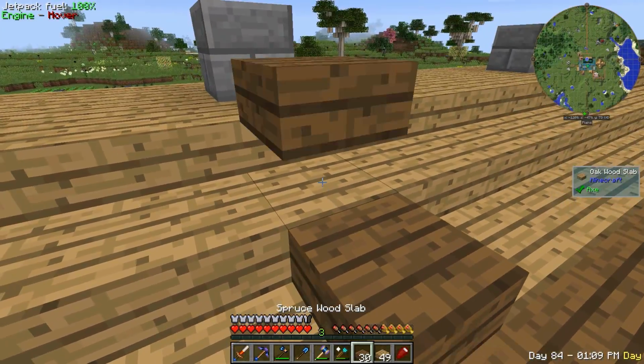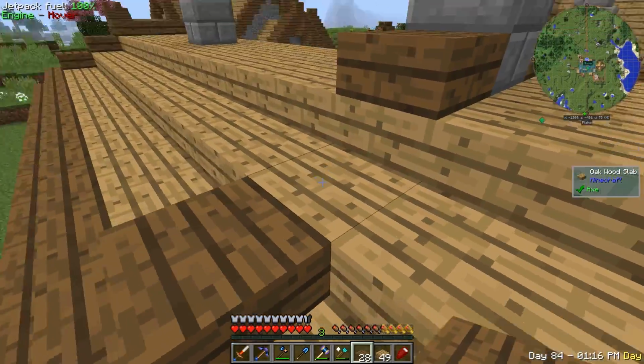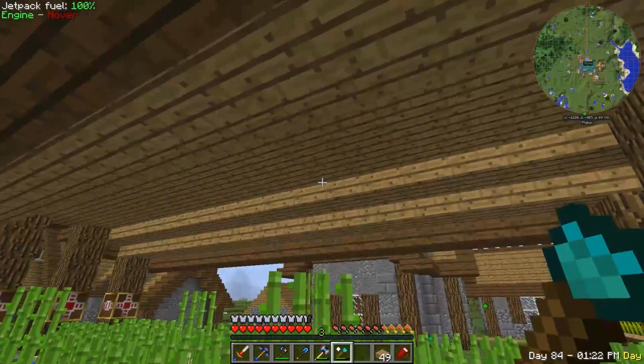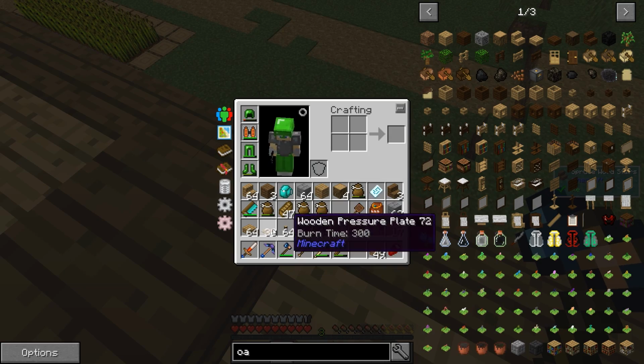Here, can I just put a slab? Yes, I can. Good. And we're just going to put some slabs down like that. So that's all good to go. And then I want to make...